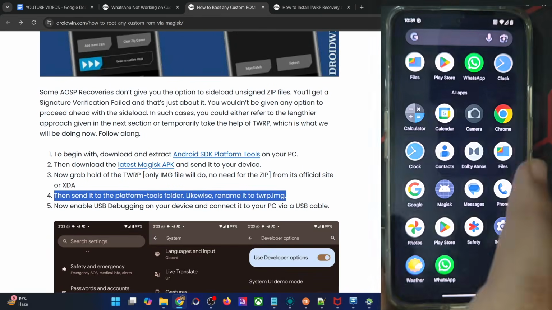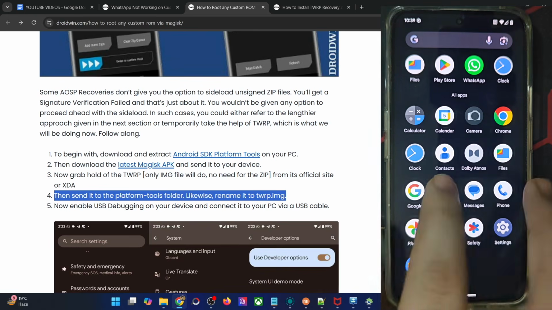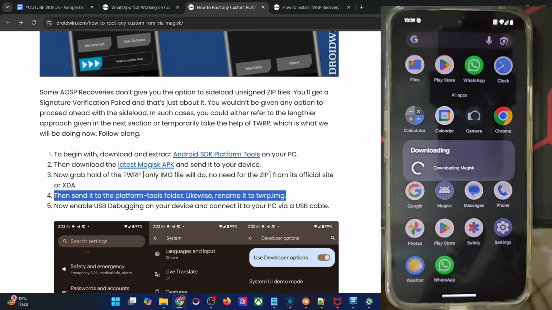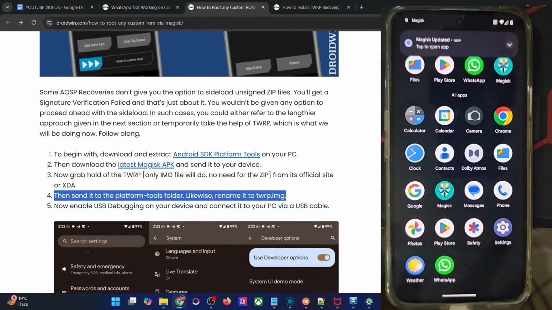Then, which is over here, you might get a prompt. Tap on OK. It will now download the Magisk, and wait for a few seconds for that to happen. And the app should now open in a few seconds. In my case, installing the APK did not get the job done. I have to open the Magisk placeholder app, and it's now downloading the latest Magisk APK file from the official GitHub server, and now I've got it.